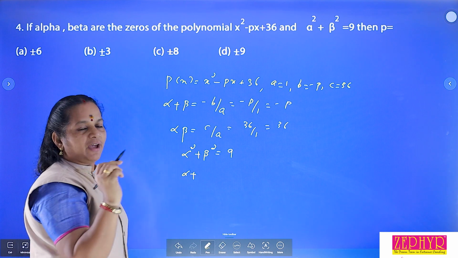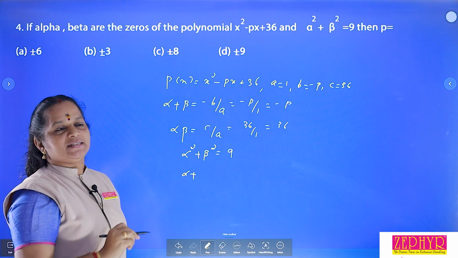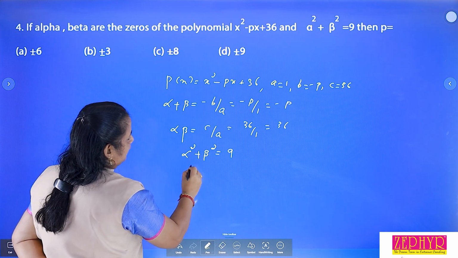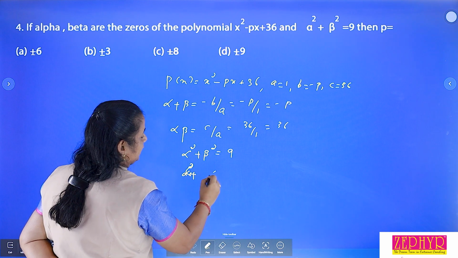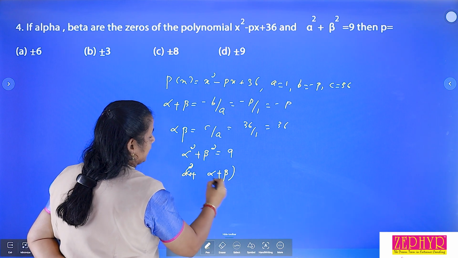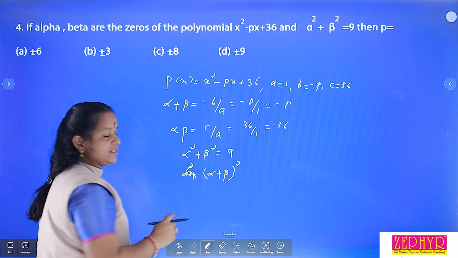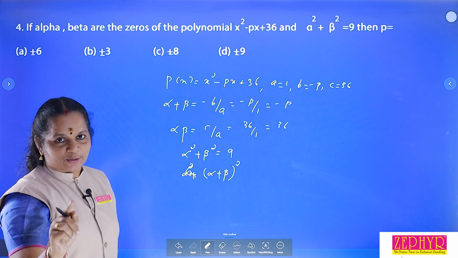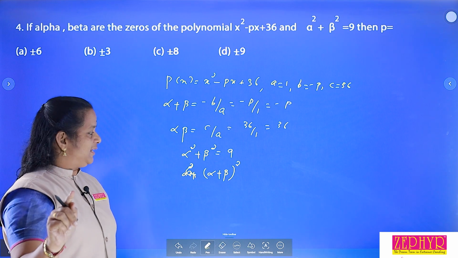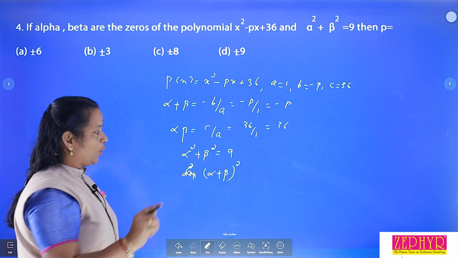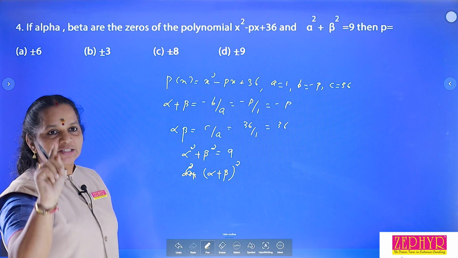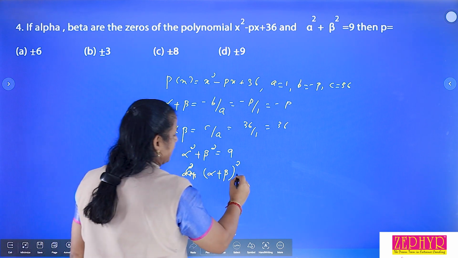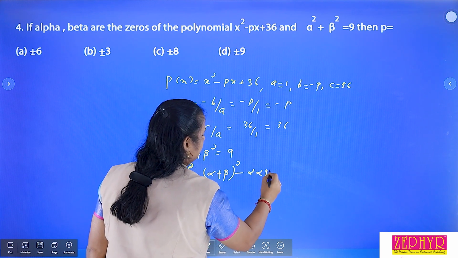We know only the values of alpha plus beta and alpha into beta. So we write this term alpha square plus beta square in terms of alpha plus beta. First of all, write alpha plus beta the whole square. What is alpha plus beta the whole square? It is alpha square plus 2 alpha beta plus beta square. So alpha square plus beta square can be written as alpha plus beta the whole square minus 2 alpha beta,